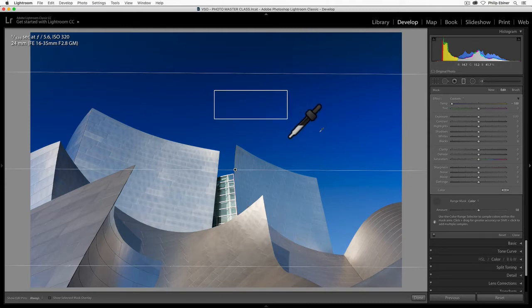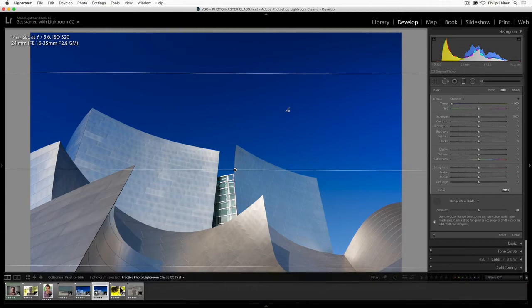Because the sky goes from dark blue to light blue, I am going to pick a range up here. And so it is more intelligent in the colors that it's picking. You might not have noticed exactly what happened, but if I go between these two photos, let me know if you can see the difference. Well, I know you can't tell me, but let's just go back and forth. Here's the first one. Here's the second one.